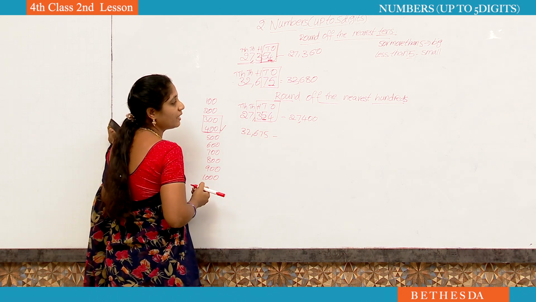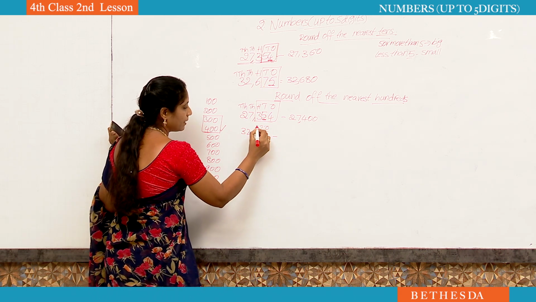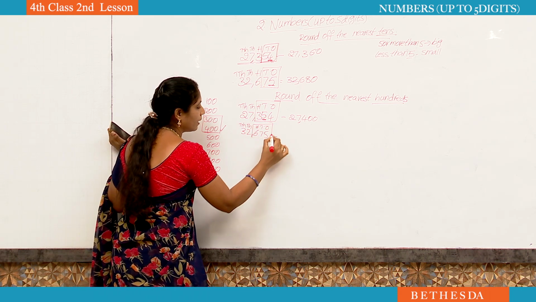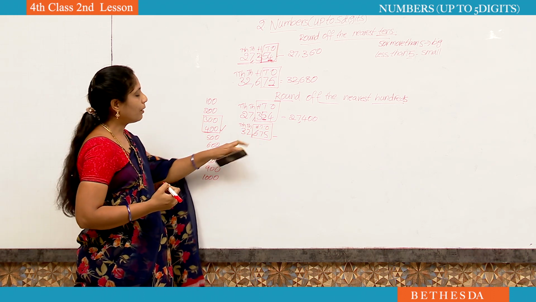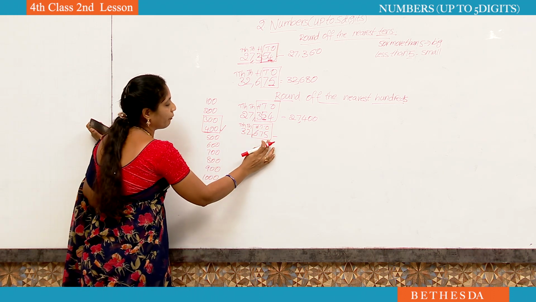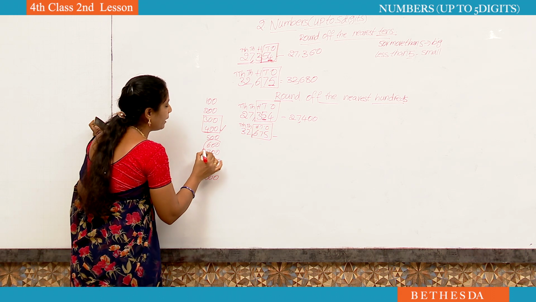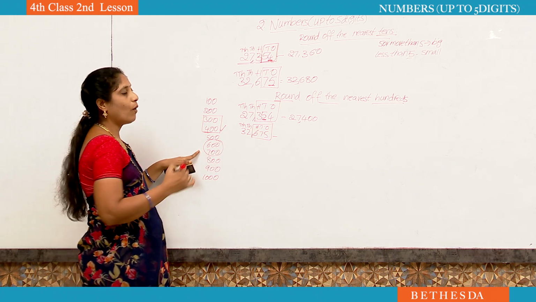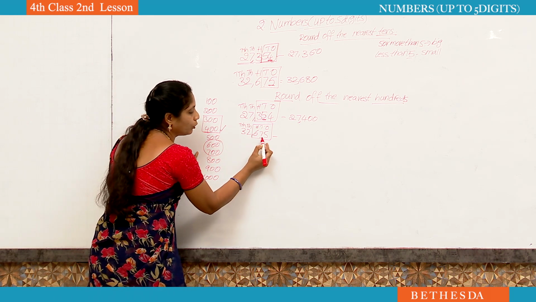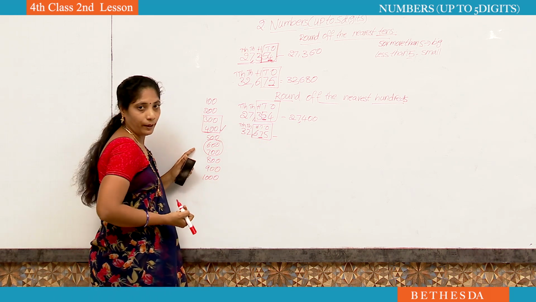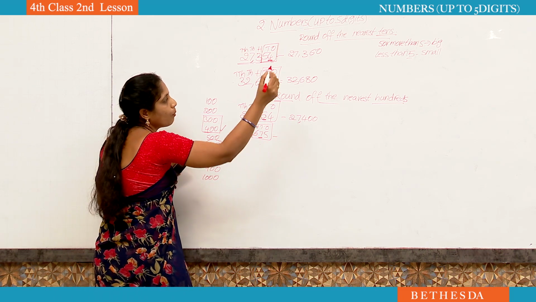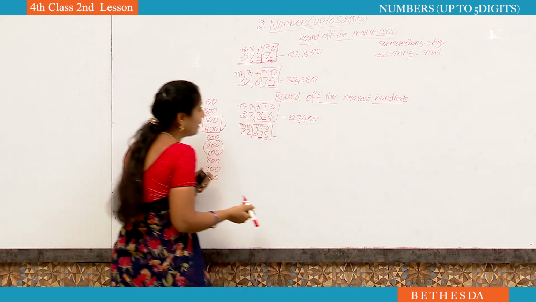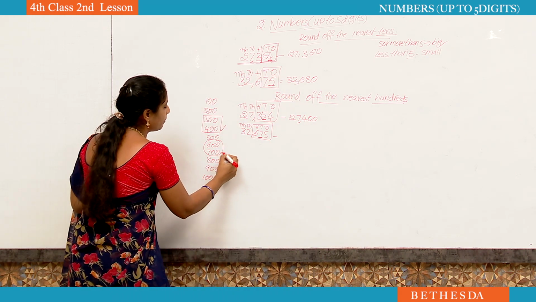32,675. Nearest hundreds. Ones, tens, hundreds, thousands and 10,000s. Okay, highlight the hundreds place numbers. What is the number? 675. Where will it be? It will be in the middle of 600 and 700. Which number do we have to take? While finding the nearest hundreds, we have to observe the tens place number. The tens place number is more than 5. If you find more than 5, you have to take the big number from these numbers. Yes. Here which is the big number?